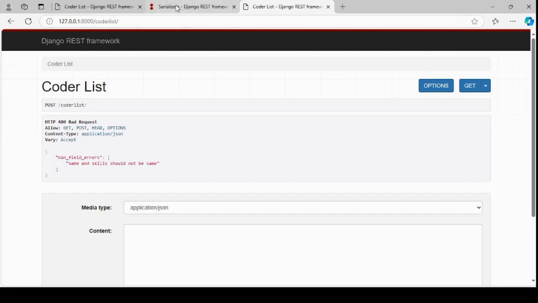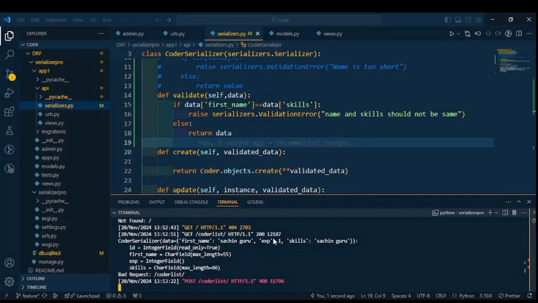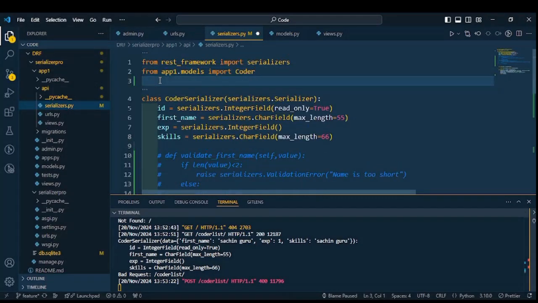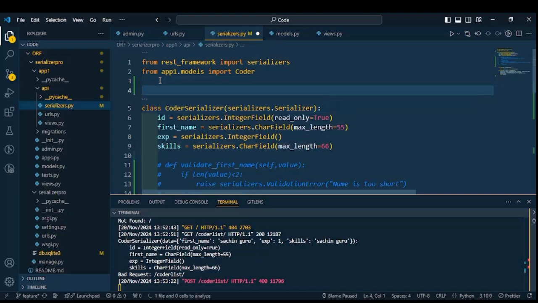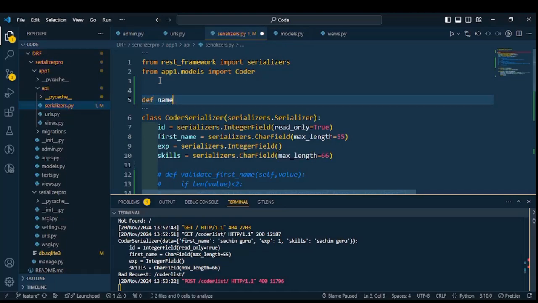The third type of validation is validators. Individual fields on a serializer can be included in the validators by declaring them on the field instance. We can take one of the fields that is going to be validated. I will discuss validating through the code. So jump back to the code and I'll take this code as a comment. Once we comment the code, then we are going to write one function, that is definition of, let's say, name underscore length, having parameter value,